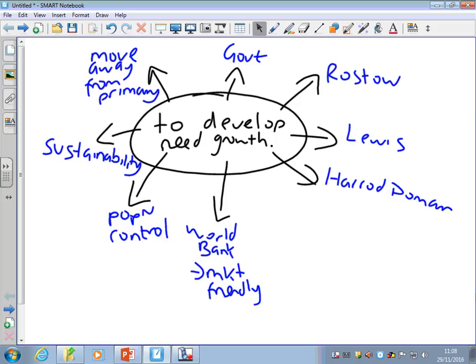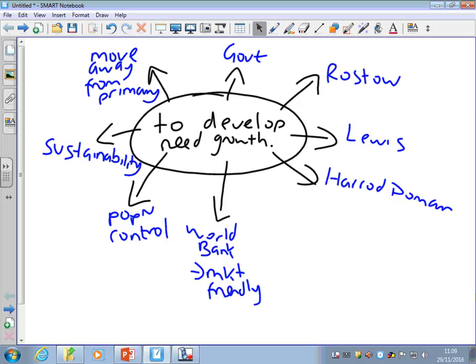Now, what I would say from the word go, if we're looking at developing economies, those really, really poor ones, is what have they got to do to grow? On the board here, what you've got are a lot of different things which a lot of people say are important, but we're also going to be thinking about why these things are difficult. These poor developing economies are all very different. They've all got very, very different problems. Okay, they haven't all got the same issue, which means they will need different